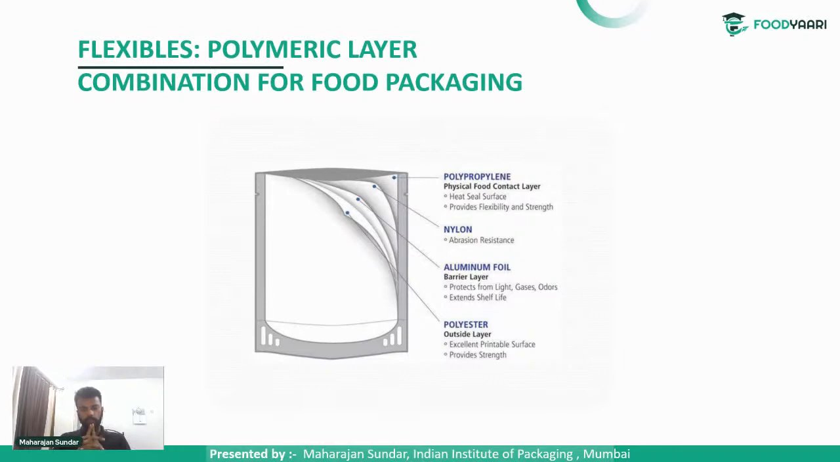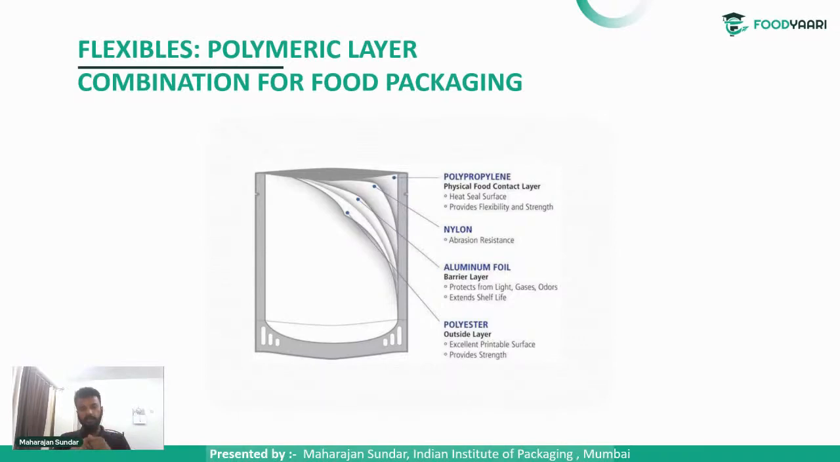From outer to inside we will go. Polyester is the outer surface. It gives an excellent printable surface. It gives strength to the structure. Aluminum foil acts as a barrier layer. It protects from light, gas, and odors. It helps in expanding the shelf life of the product. Like I told earlier,